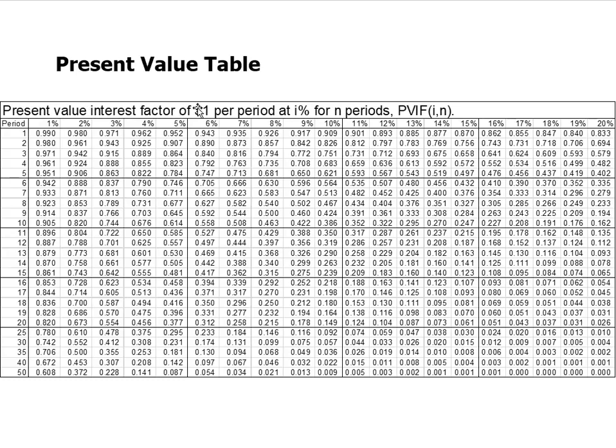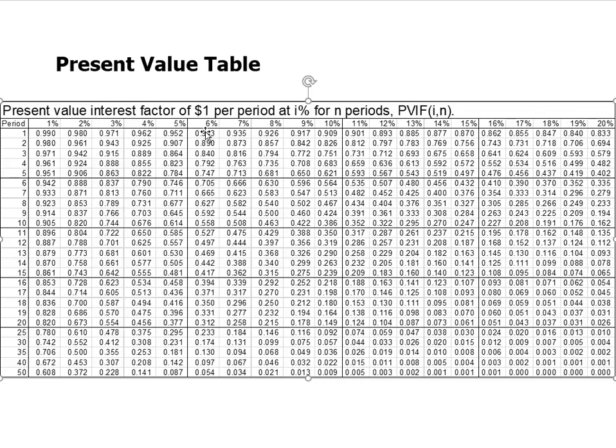This is the present value factor of $1 per period at I percentage for n periods. That sounds quite complicated, but really what it's saying is that down the left hand side are 50 different time periods, you might say 50 years, and across the top are different discount rates or percentages, and if we use 6% here, we might say, well, what